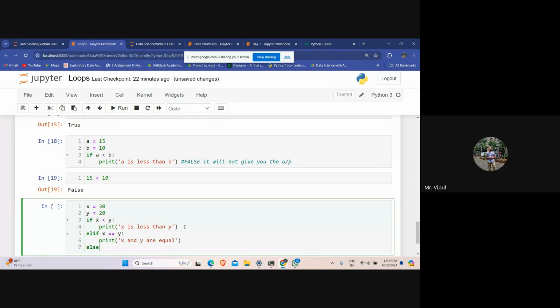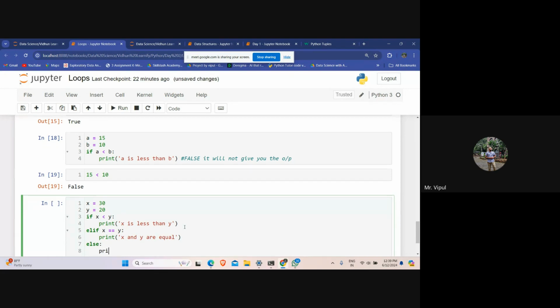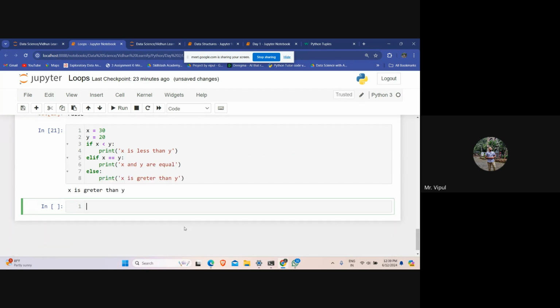Now otherwise, else print this: x is greater than y. Sorry, greater than का spelling is wrong.